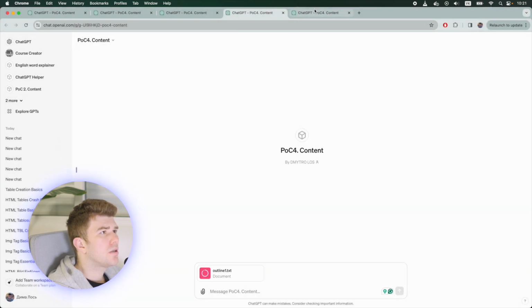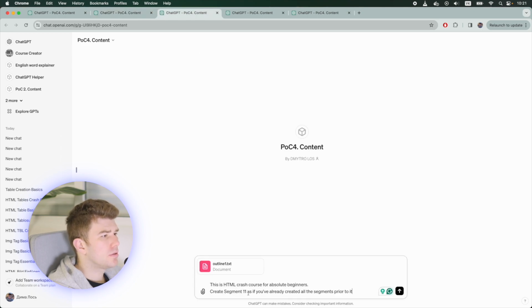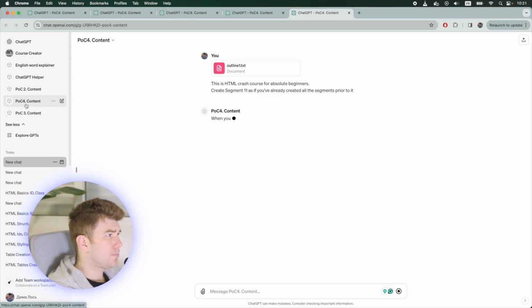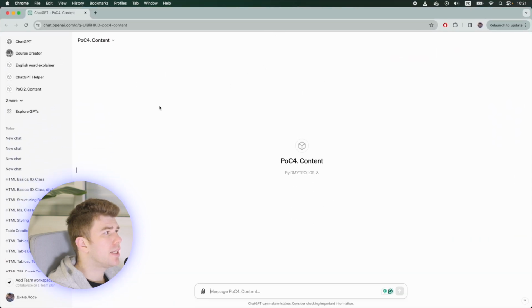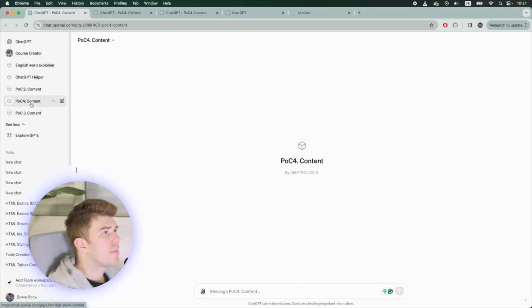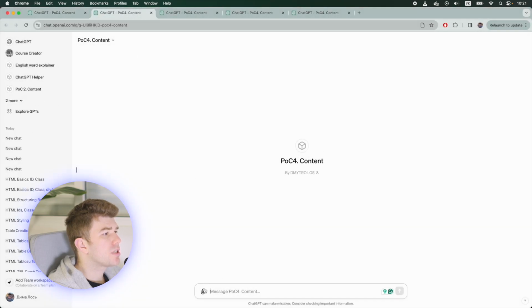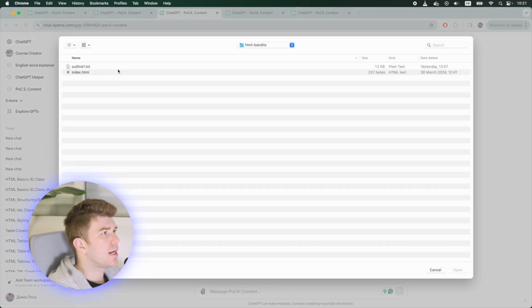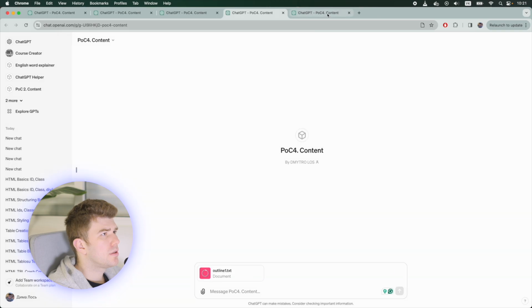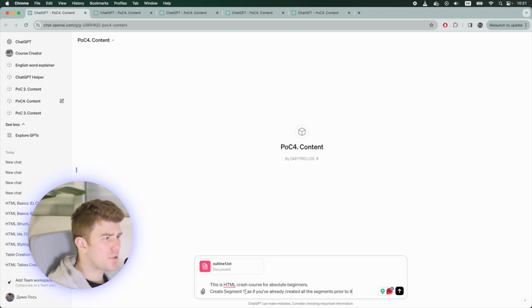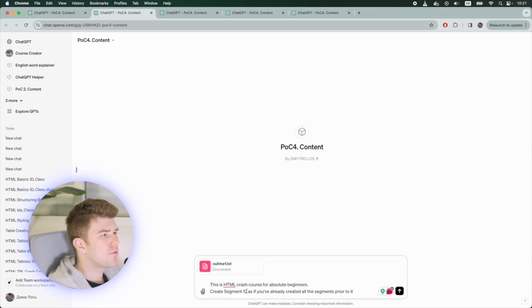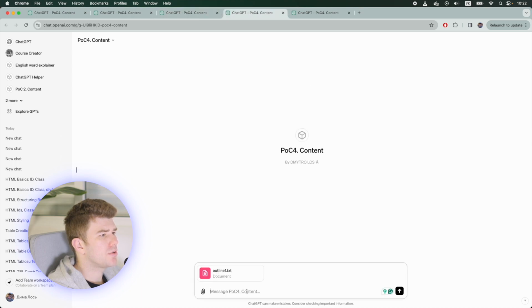This is how I do it. So I attach the outline first 5 times, because it takes a couple seconds for ChatGPT to upload the outline, and I just want to save myself those seconds, and this is why I'm attaching the outline first to all of them, and then I just go through the tabs and ask it to generate